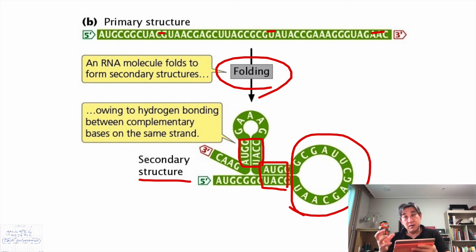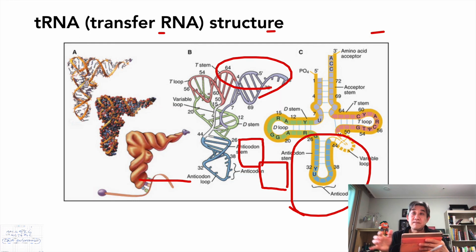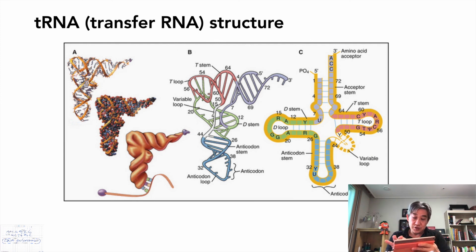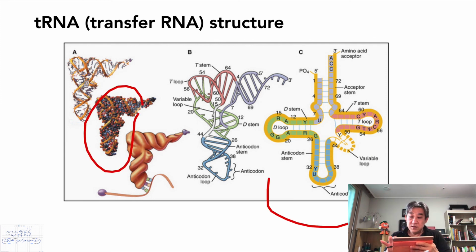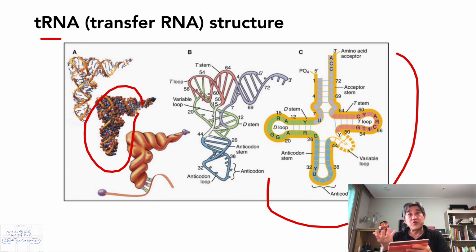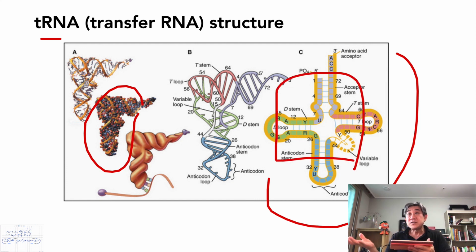However, everything is in 3D structure, so it will have some unique shape like this structure. And this is one such example of one particular kind of RNA called the transfer RNA, which has its own unique shape due to its folding, as a result of having internal complementary base pairing within a specific area of the same RNA molecule, and then eventually it will have this specific shape.